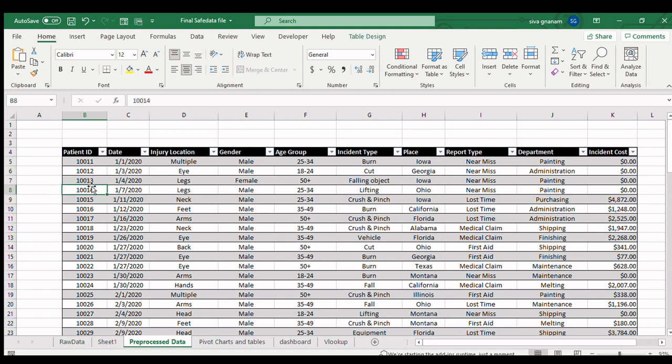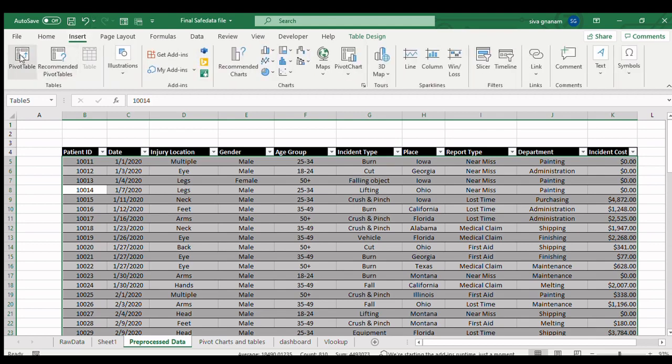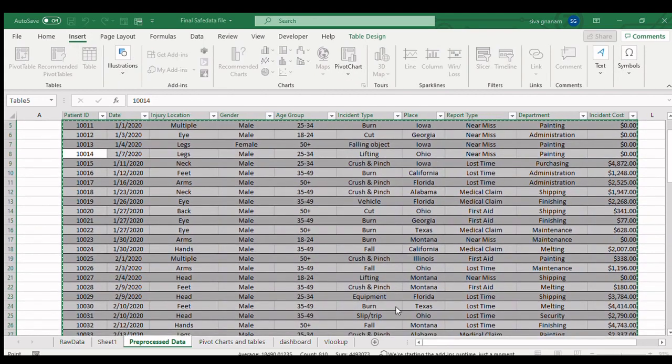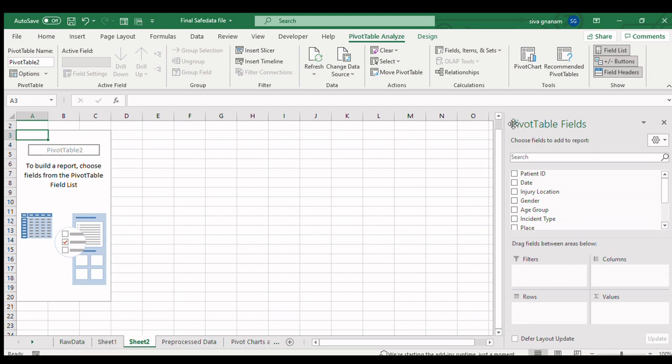Moving to the Excel sheet, select the entire data and insert the pivot table in it. As I said before, it is usually used for better understanding. From the pre-processed data, we will have the menu called PivotTable Fields.